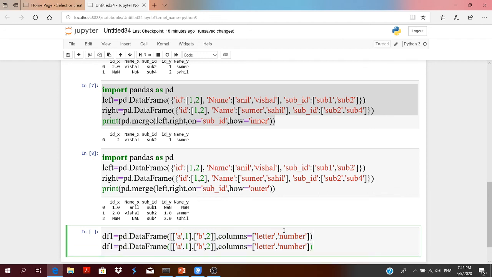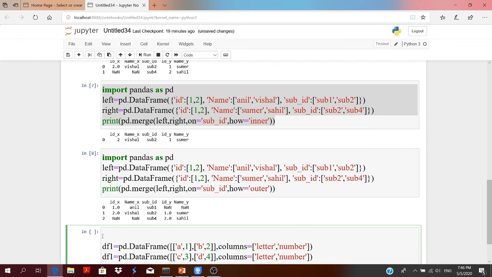Create another data frame having the same columns, letter and number. Just change the values: C 3, D 4.